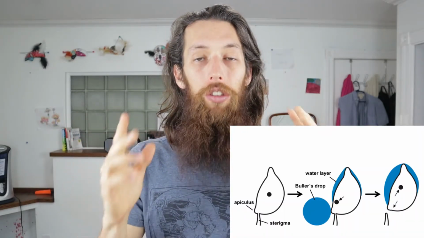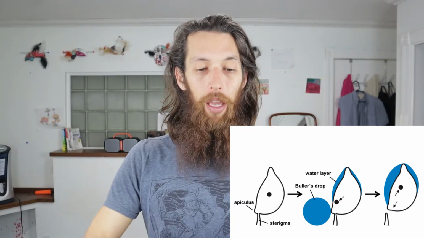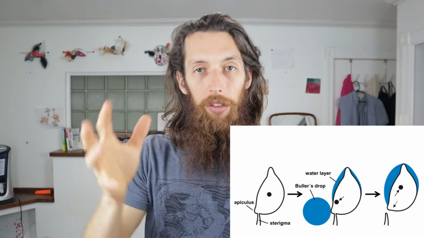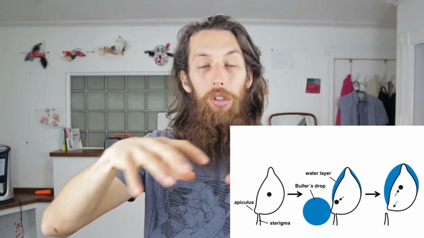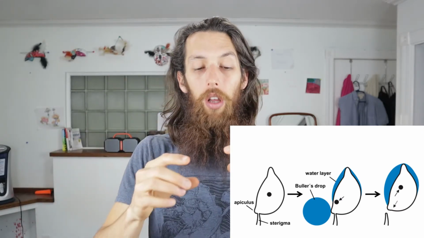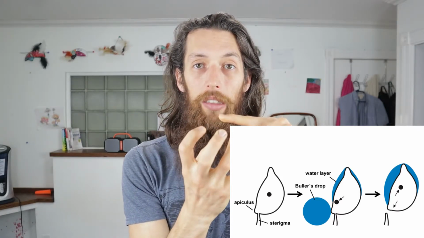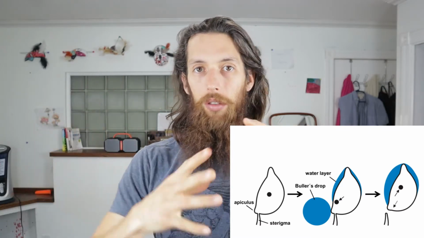B-U-L-L-E-R-'S, Buller's drop. At the same time, there's actually a thin film of water that's formed over a large portion of the surface area of the spore. So the Buller's drop is growing in size, as there's still water vapor in its environment, so it's condensing more water into this little drop. And then once the drop grows to a certain size, and it can grow substantially, quite large compared